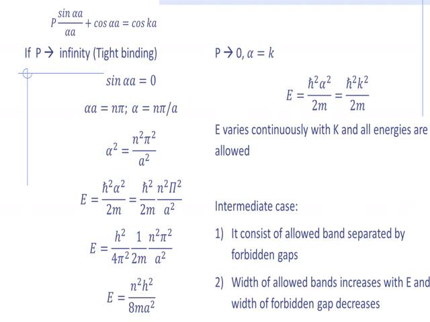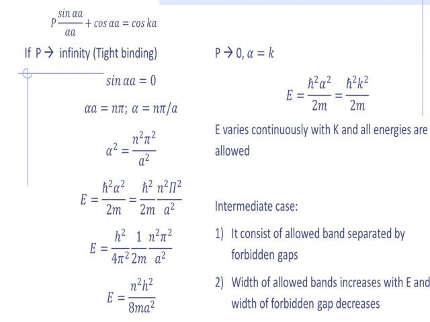By rearranging it, we can write E is equal to ħ squared α squared upon 2m. After substituting the value of α squared here and substituting ħ as h upon 2π, it results in the equation E is equal to n squared h squared upon 8ma squared,